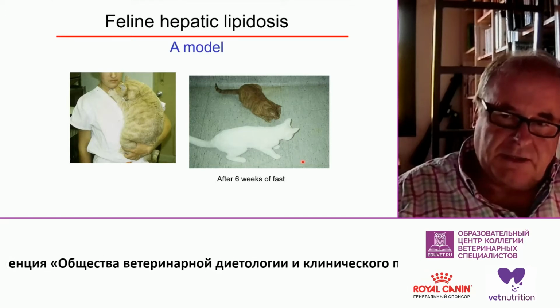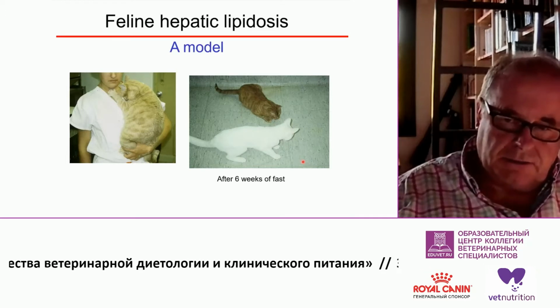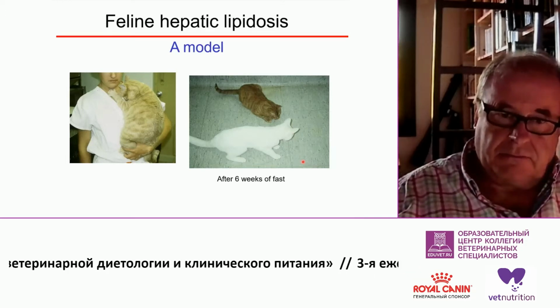Which means that if you have in one place several cats, a multi-cat household,